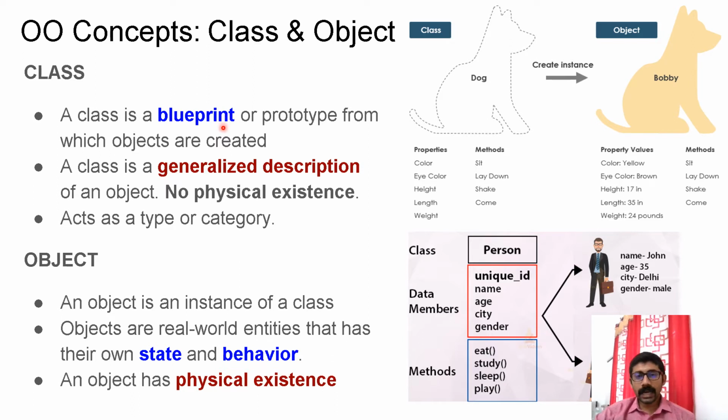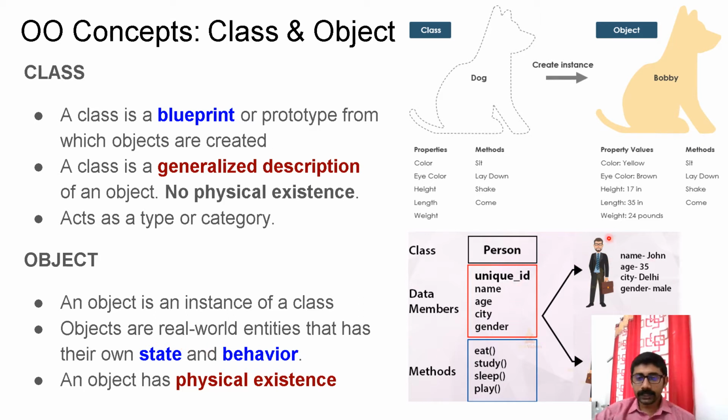Now, in Java, we are going to learn how we can implement these things using Java programming language. So essentially, the concept is the same. We will see the syntax to implement that. Remember that class is a type. It is not about a physically existing thing. It is a generalized description. Object is the physically existing thing. A class will have a name, and there will be data members and methods. That is what we are telling.